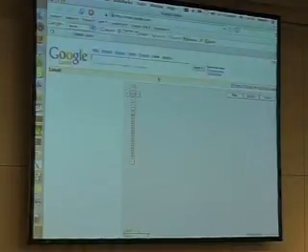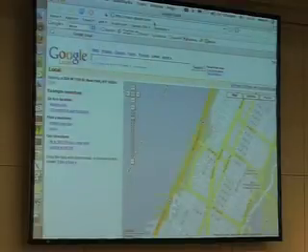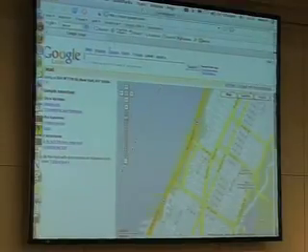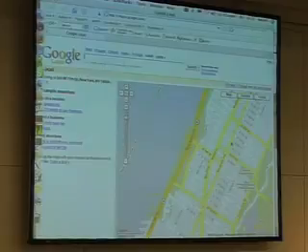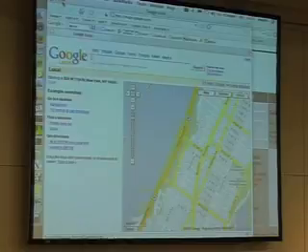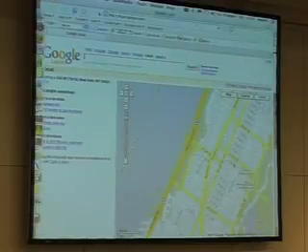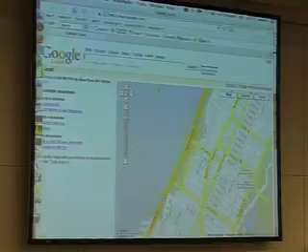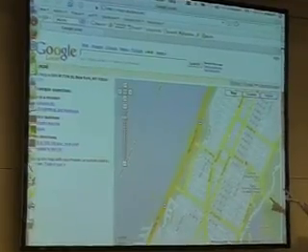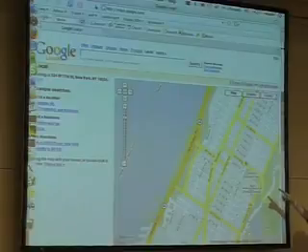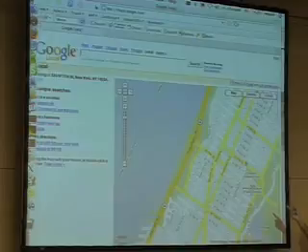Cool. Here you see Google Maps. That's the application that I have worked on for a while. And here you can see basically the whole point that I was talking about in the last few minutes. That's a map, right? That map happens to be of New York, the Upper West Side in New York. And there are very many mapping websites around.